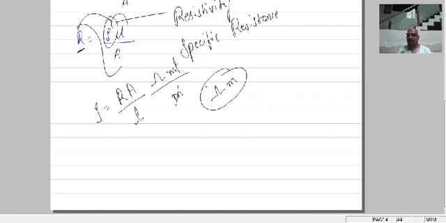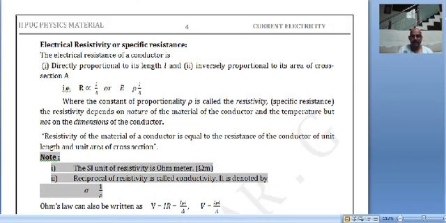So this is about the resistivity, dear students. I have told you very clearly. Resistance depends on 4 factors. Resistivity depends on 2 factors. Resistivity is independent of dimensions of the conductor. Resistance depends on the dimensions of the conductor, and these are the important things. Okay, now we'll come back and see that the reciprocal of resistivity is called conductivity.